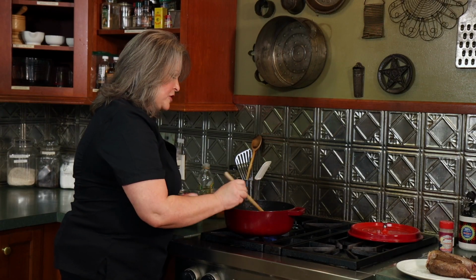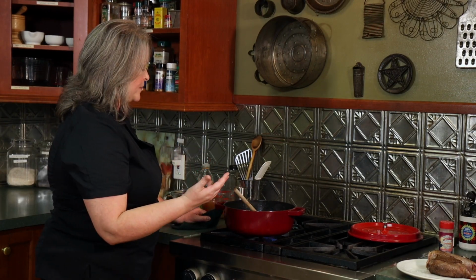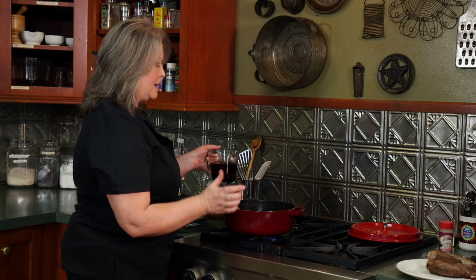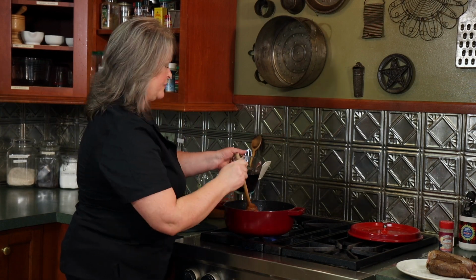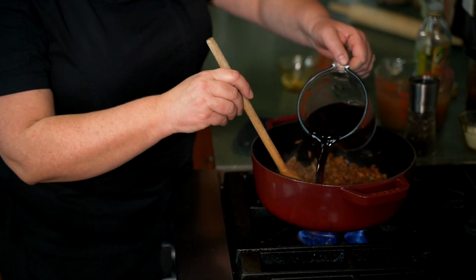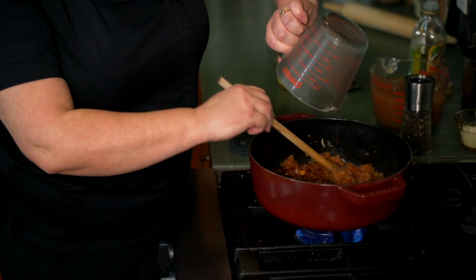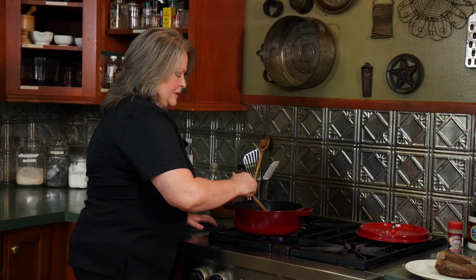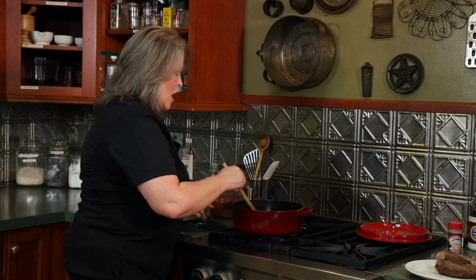All right, so now you can tell that the tomato paste has gotten a little browned, and now I'm going to go in with the red wine and deglaze and get all of those wonderful bits up from searing off the meat. I really want to get in there and scrape up all of those little fronds that are on the bottom